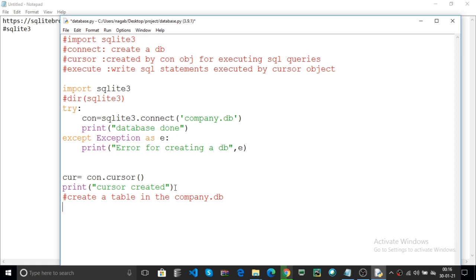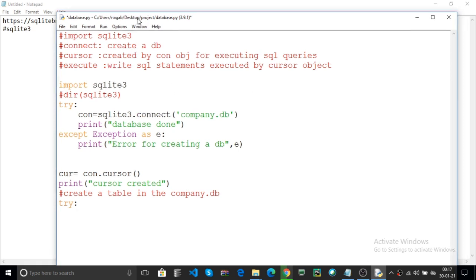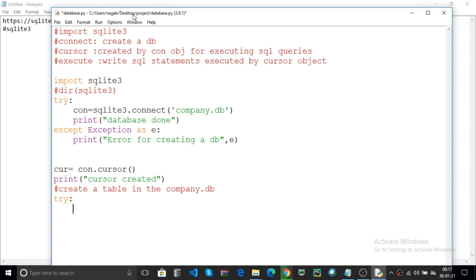In this database I create one table. I use the try block, in case there is any error in creating a table in the database. Here, for example, tb is the table variable I declared. Here cur is the cursor variable and execute is the method.